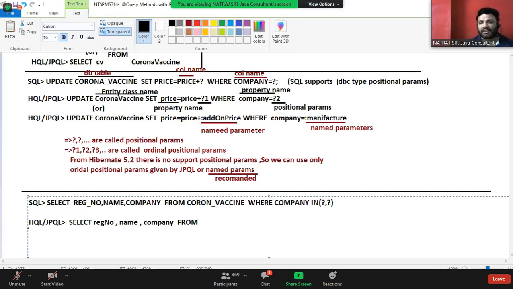I will write everything in lowercase, not an issue. I am talking about keywords. But when it comes to property names, you have to follow the same name that you have taken in the entity class. From CoronaVaccine where company in